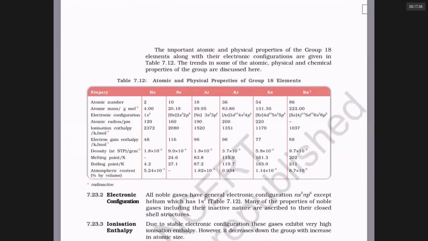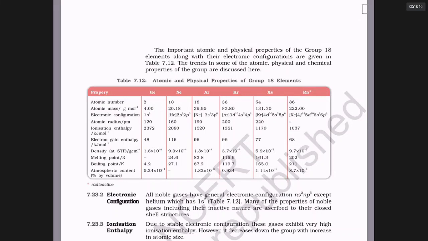All the noble gases are in zero group. It is called zero group because these elements have general valence 0. They don't want to combine with others. Their valence electrons are 8 and they are happy. Only helium does not have any p electrons. It just has 1s2 electrons. Actually, helium should be kept in the s block. But because of its inertness, nobleness, it is kept in the noble gases in the 18th group. Hence, helium is called a misplaced element, but it is very inert.